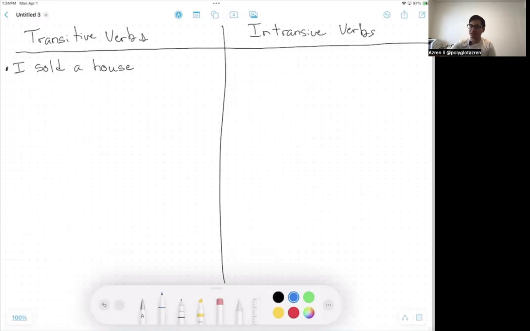Notice in English, so we have to be able to identify what a verb is. A verb is your action word, the thing that you do. So in this sentence, we have sold. That's our verb in English. I sold. In English, directly after our verb, always, is it always? Let me think. I want to say it's always. I ate a pie yesterday, okay, that's not true. Yeah. With transitive verbs in English, what's going to happen is directly after our verb, we're going to have, let me use a different color,